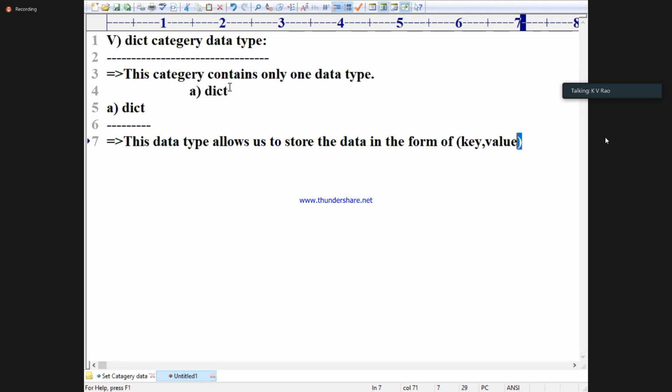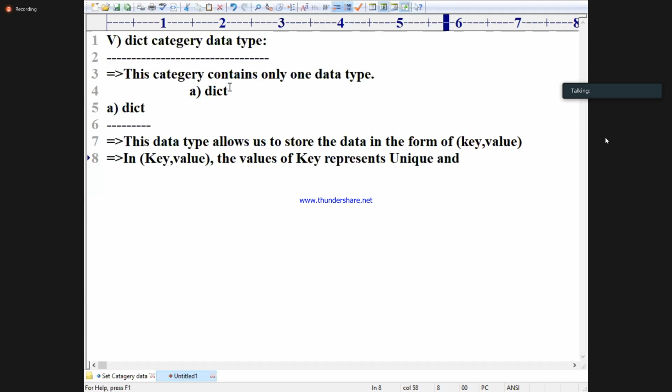In the braces I wrote key comma value pair. First point, that is about the key comma value pair, I will explain. In key comma value pair, the values of key represent unique.